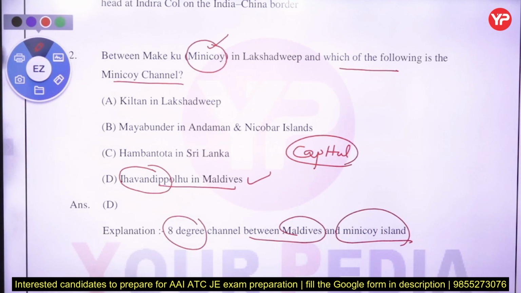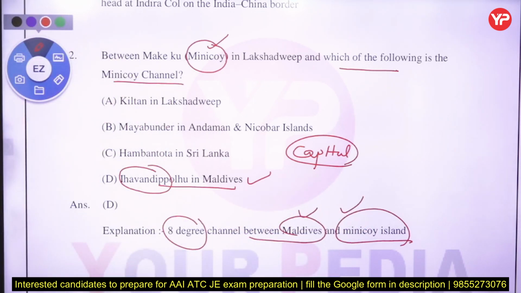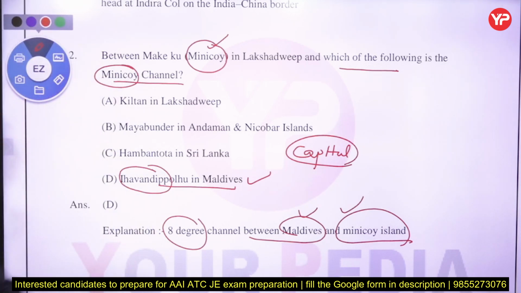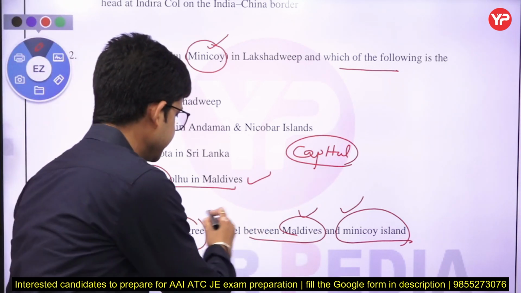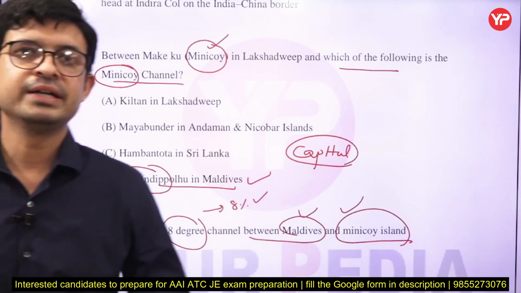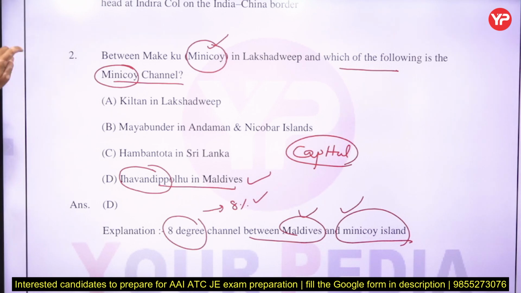Always remember that Minicoy, the southernmost island of Lakshadweep, is separated from Maldives by the 8-degree channel. You have to remember that, a very important point. Okay. So our next question is,